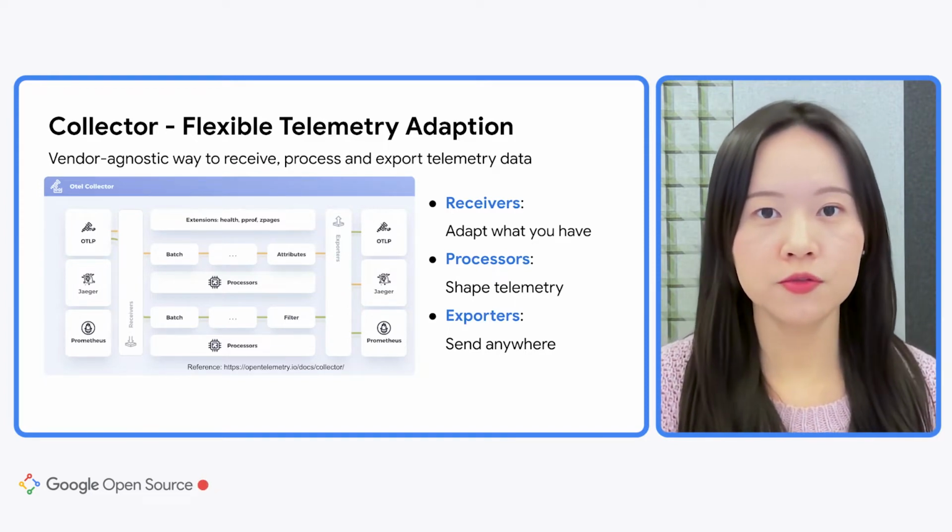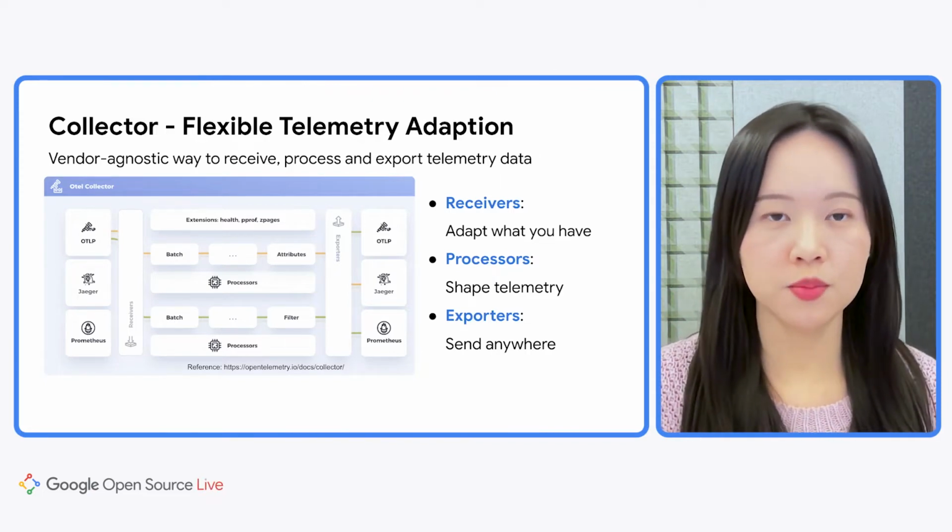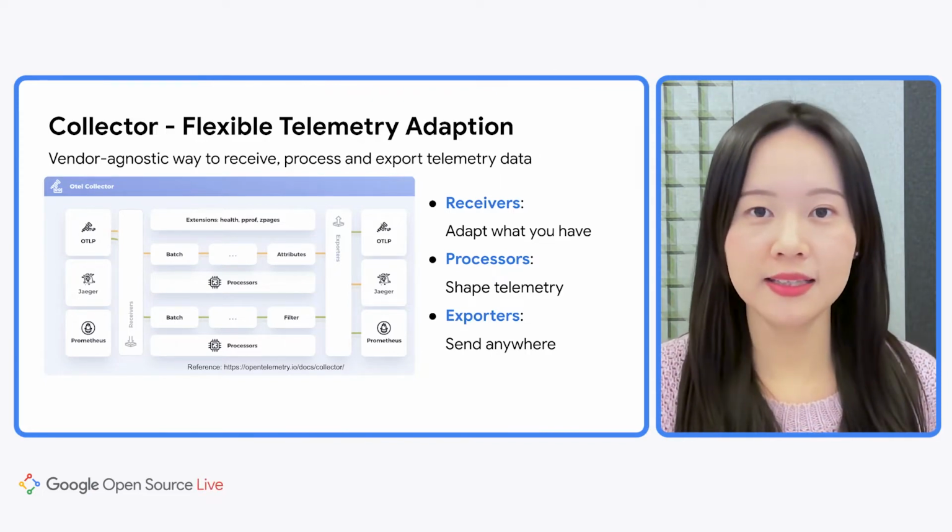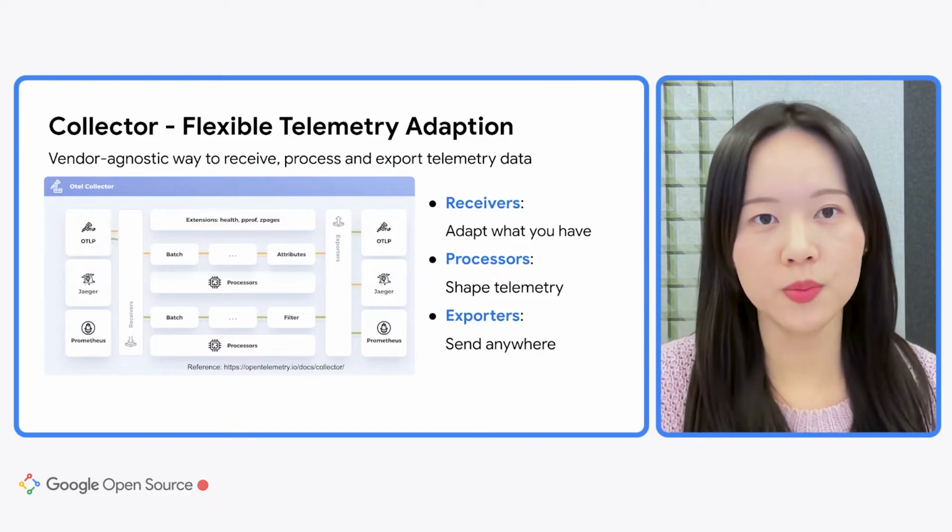To give you a closer view of what the typical receivers, processors, and exporters look like, we are gonna give you a quick demo. In this demo, we are going to showcase how to use a collector. The collector will be installed as an agent inside the GCE VM. It scrapes metrics from a Kafka application, makes some modifications to the metrics, and then ingests the metrics to the Google Cloud Monitoring backend. So to get started, we need to first create a GCE VM.